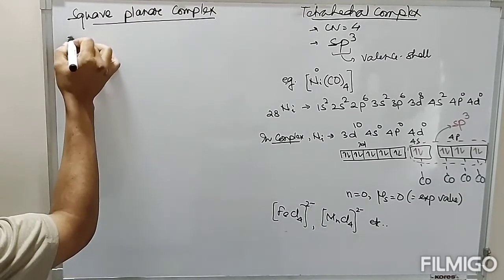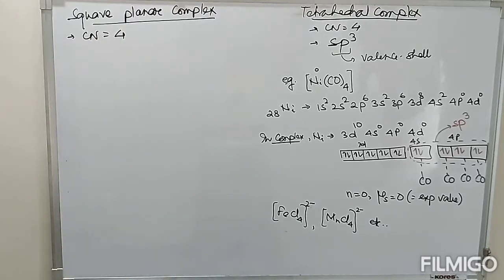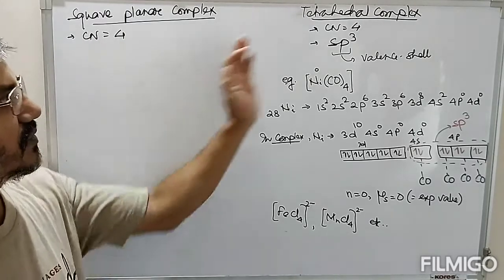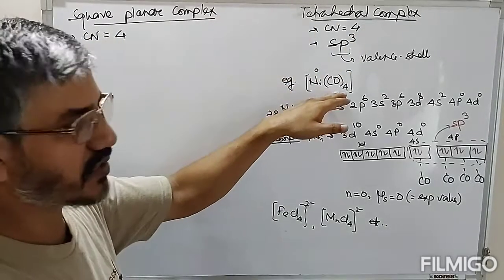Again, in the square planar complex, the coordination number is 4. So again, the problem will arise here. If the coordination number is 4, then this could be a tetrahedral complex or this could be an octahedral complex. Now we assume it is nickel tetracarbonyl